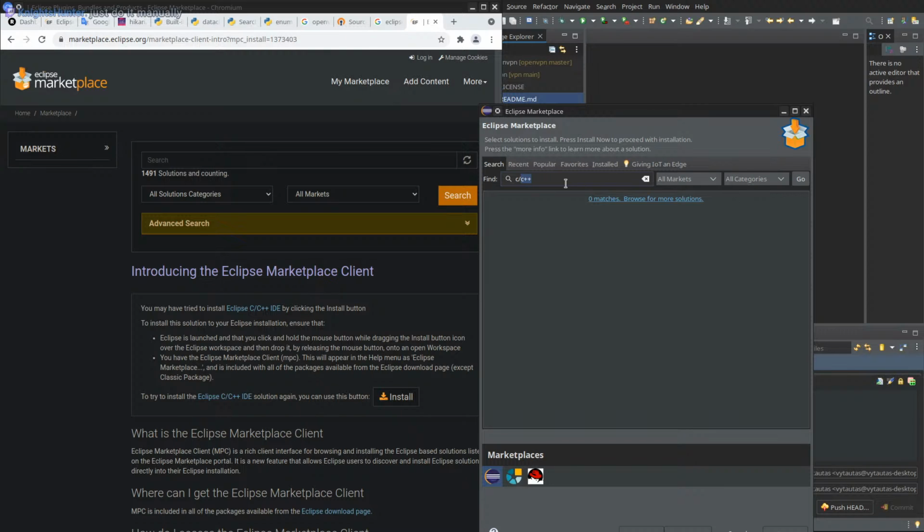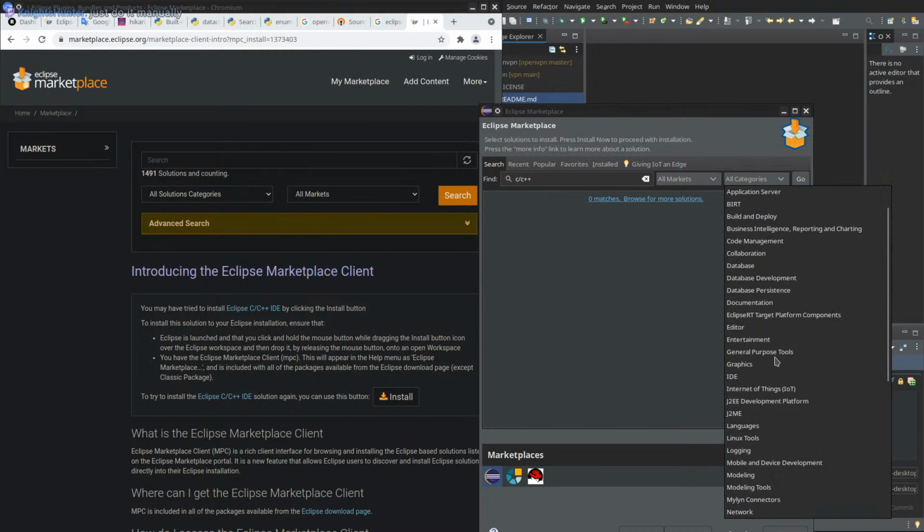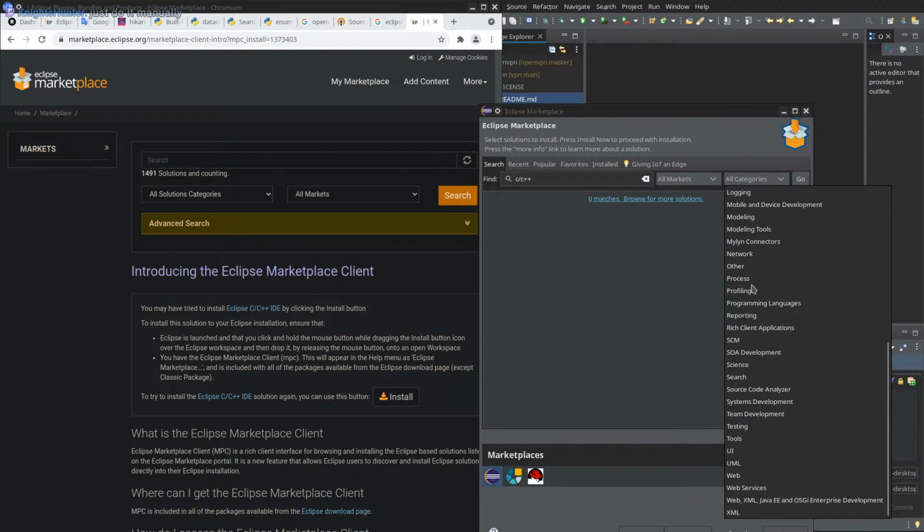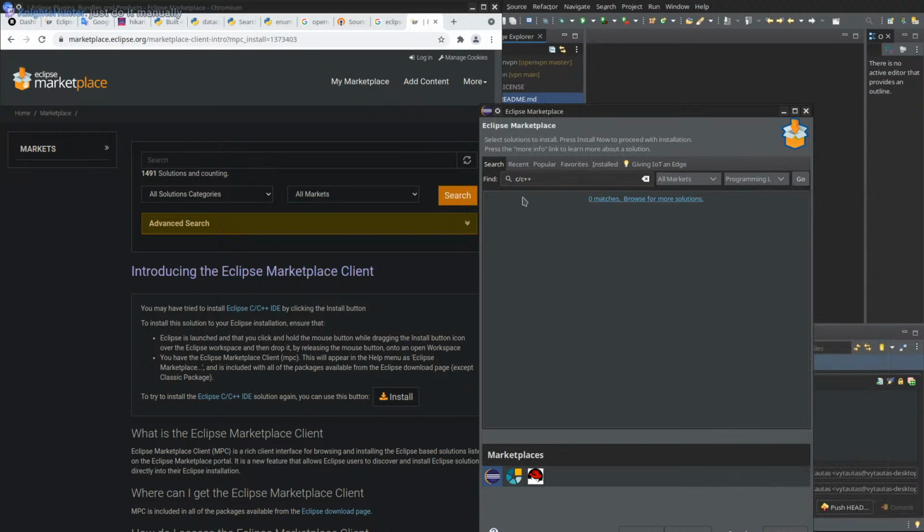Programming languages. Yeah, I don't think it likes that I'm using only one character for the search. Let's see, Eclipse C. Now it looks like it's actually trying to search.